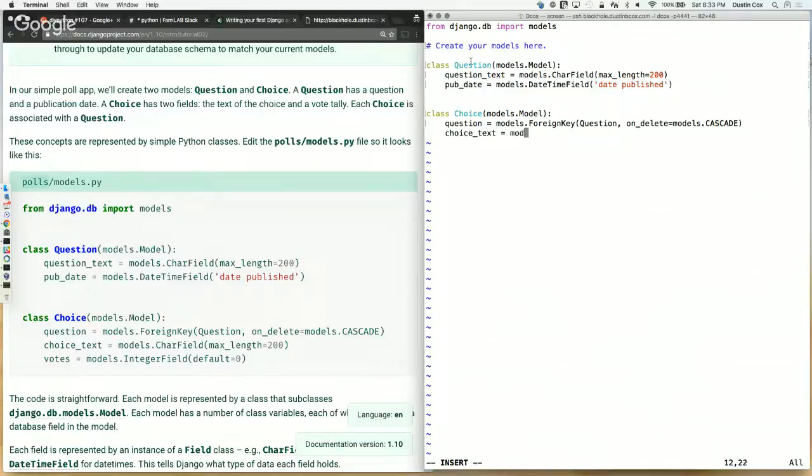Choice text is going to be CharField again. Max length 200. And you can also copy paste. I'm just typing it, just to give people time to kind of